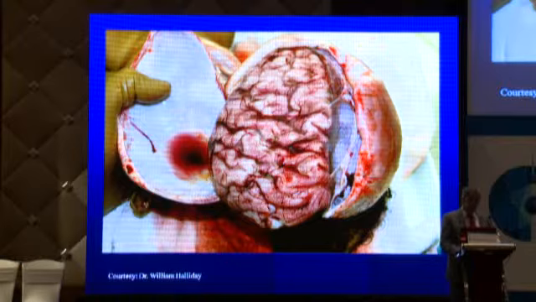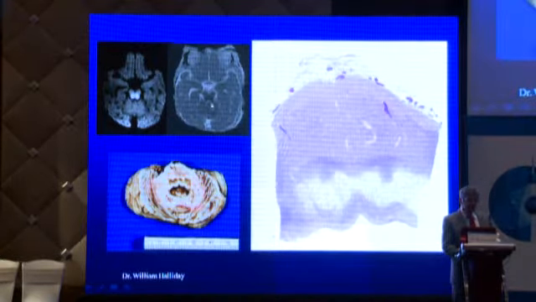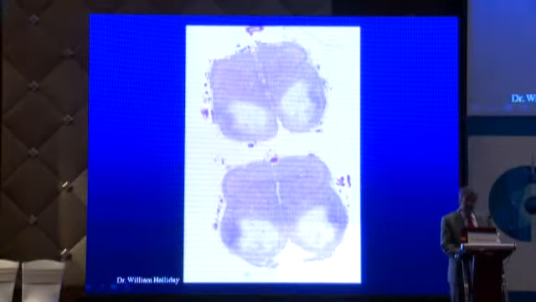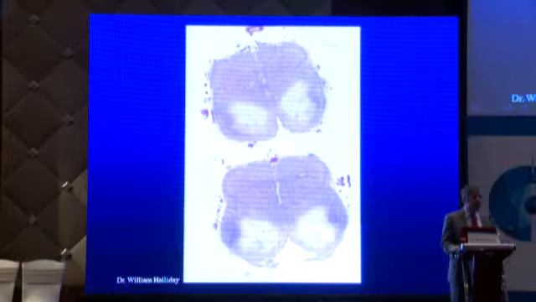So this child unfortunately died, and there was an autopsy performed, and these are photographs from my friend, the neuropathologist, Dr. Bill Halliday. And you could see that these areas which were diffusion restricted show necrosis and gliotic changes. And this is the same MR from that first one that I showed you. You can see the cut sections of the brain show you the cystic areas and encephalomalacia in those areas of the brain. Same things down into the entire brainstem. Just to show you how diffusion can evolve because of the secondary energy failure and delayed cell death that can occur in this particular pattern of hypoxic ischemic injury.